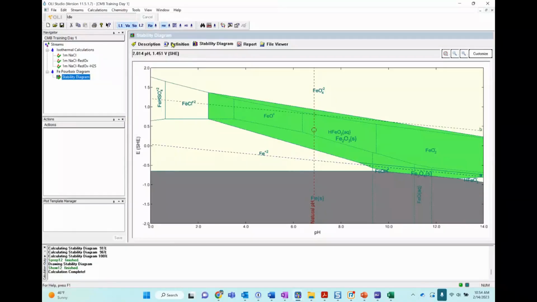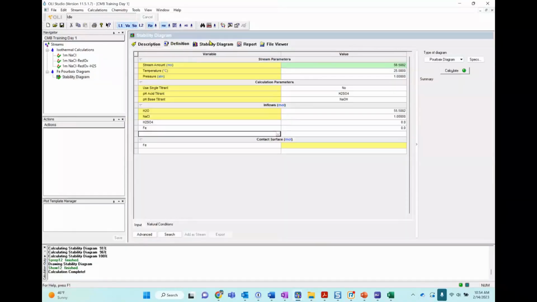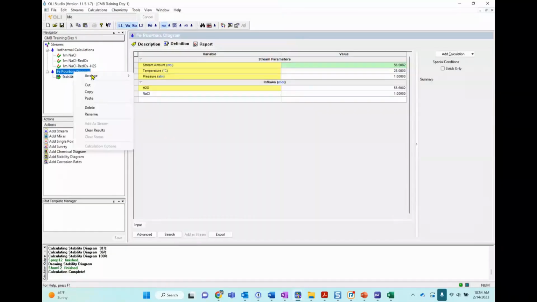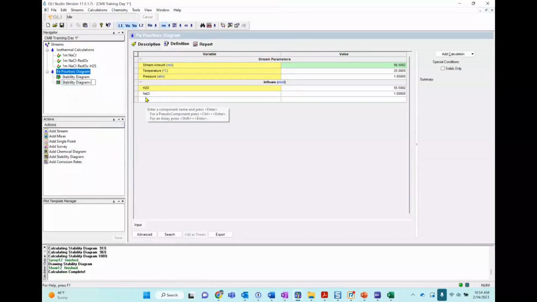Now, again, if we go back to the definition, or maybe even better, right-click, copy this stability diagram, and paste it under the iron Pourbaix diagram. I'm going to start adding some other components, like H2S. Again, the H2S is always a problem.